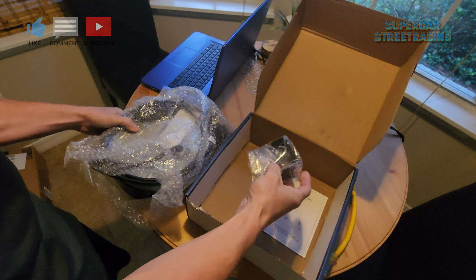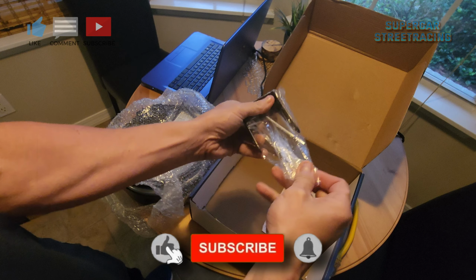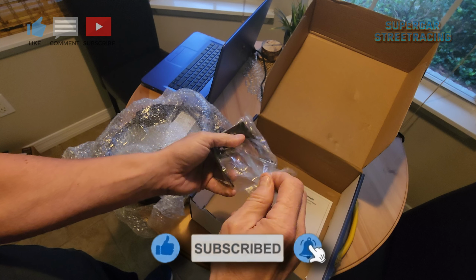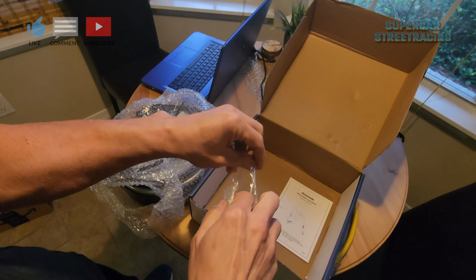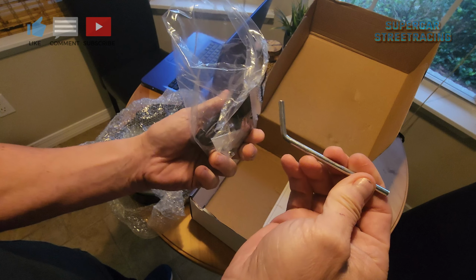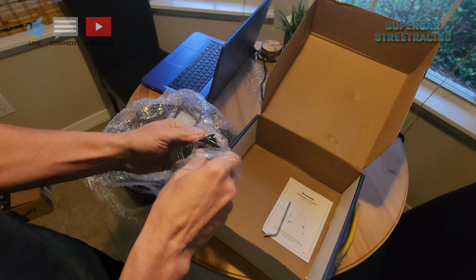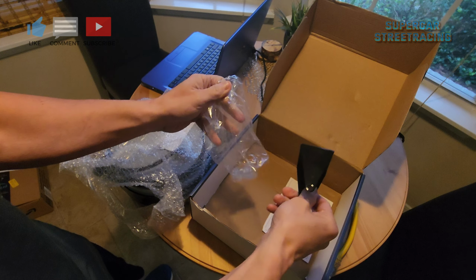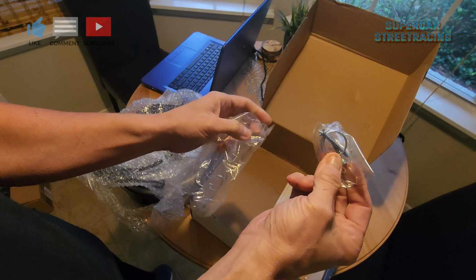And here is a something or another. Looks like a mounting bracket for this thing. And inside it, we have a very long Allen wrench, one of Allen's keys. I don't know what that is, actually. That's not an Allen wrench. I don't know what that does. Here is the mounting bracket, and here are some screws and a little thingy for it,